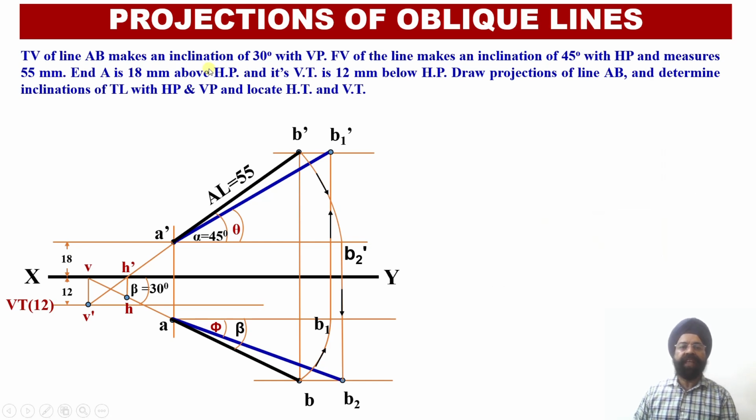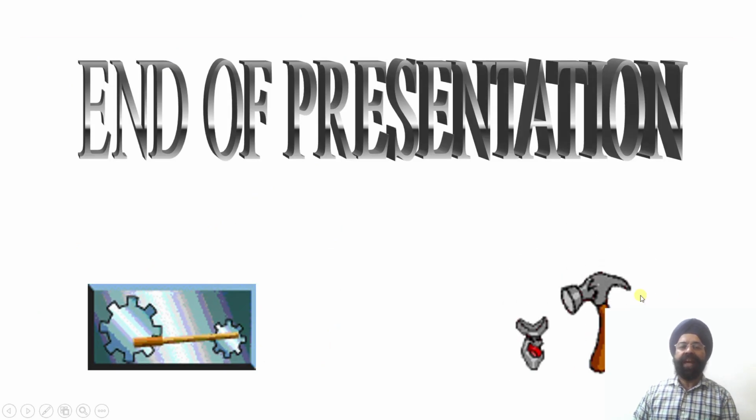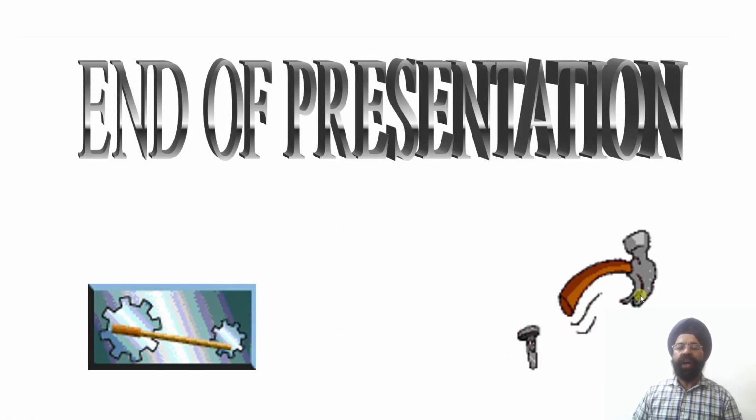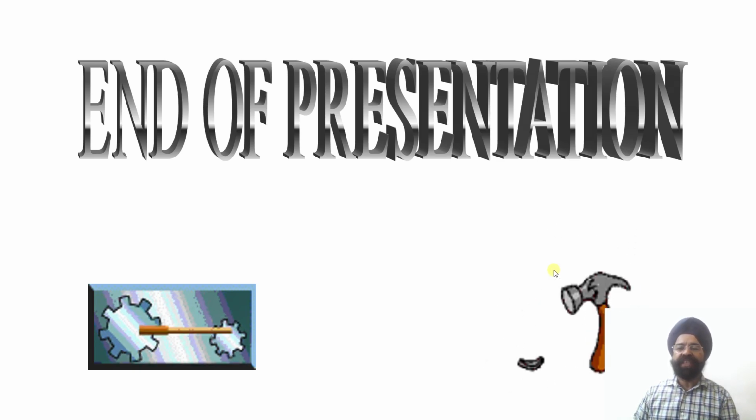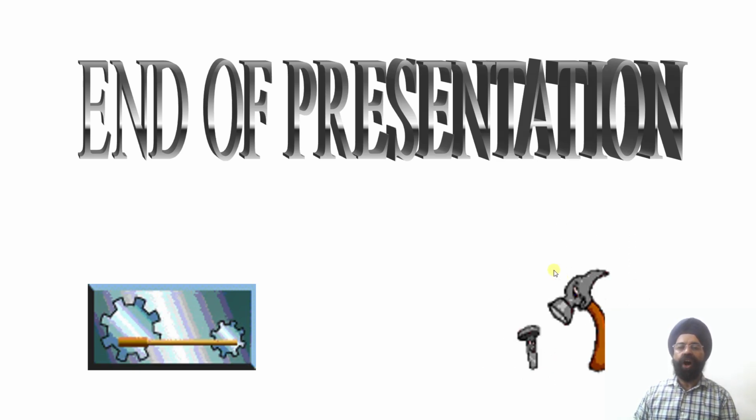So here, with the given information, we have been able to draw the projections of the line, and the true length of the line in the front view as well as in the top view. Besides this, we have also obtained the angles of inclination of the true length as well as the apparent lengths in the front and the top views. The vertical trace was given to us over here, and we have evaluated the horizontal trace of this oblique line, right? So with this discussion we have been able to evaluate the true lengths, the projections as well as the horizontal trace of this oblique line.